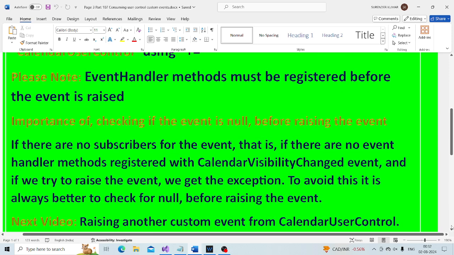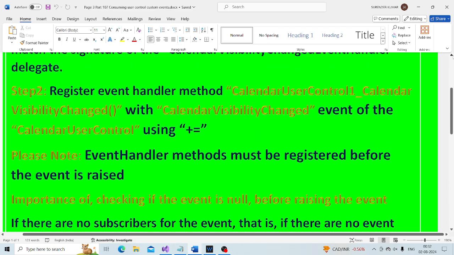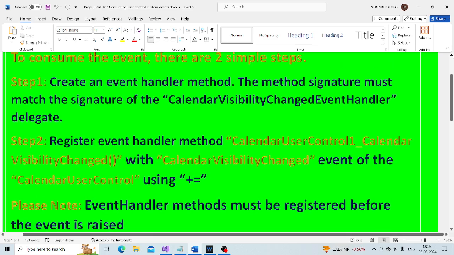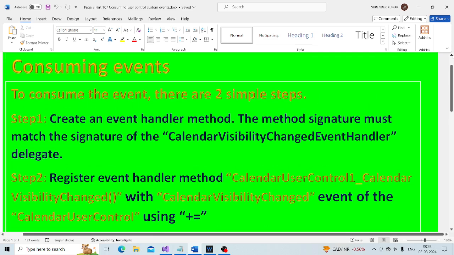So here on this project, we have this webform 2 where we have this button control.